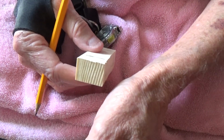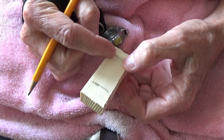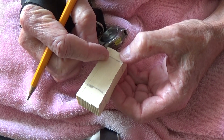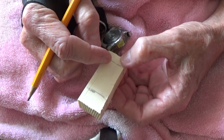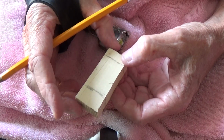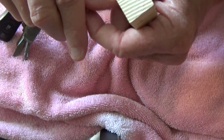They are done with the feet and everything like that, in other words. Anyway, I cut a little piece of wood, and I'm just going to show you how you do this with a